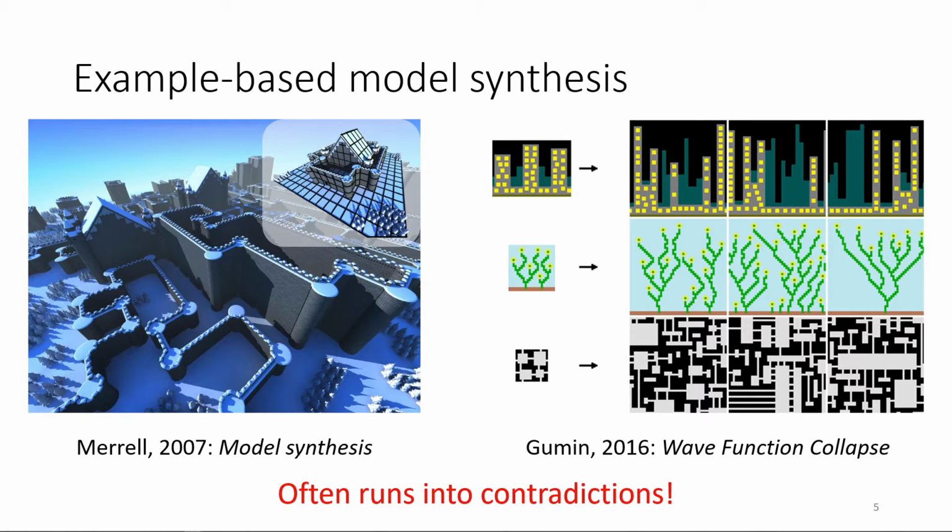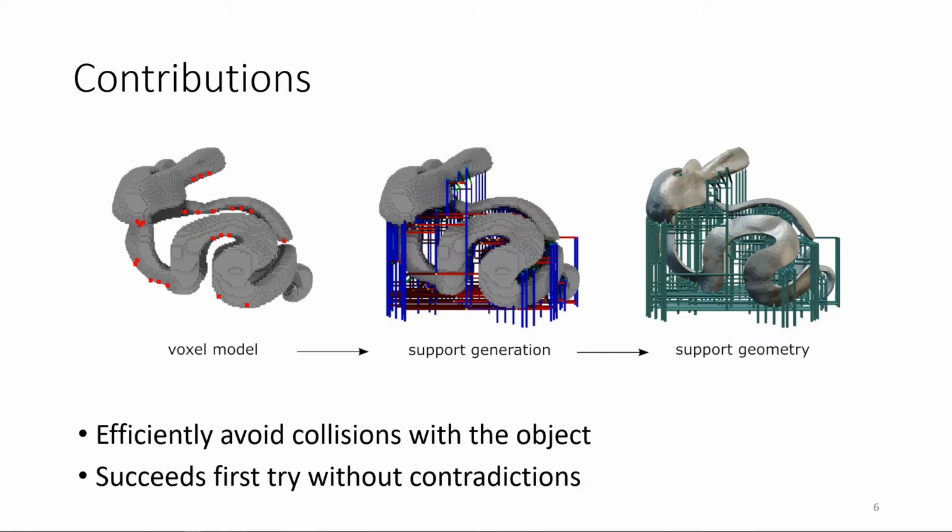These algorithms might encounter contradictions at runtime. This happens when no tile is allowed in some cell, which has to be addressed by backtracking or by restarting from scratch. Merrell realized that the larger the domain is, the more likely it is that the algorithm will run into a contradiction. Our contribution is a support generation algorithm inspired by model synthesis that creates a bridges and pillars